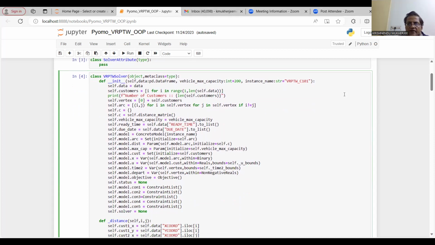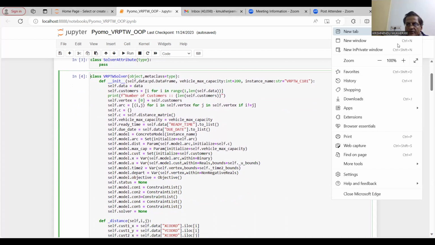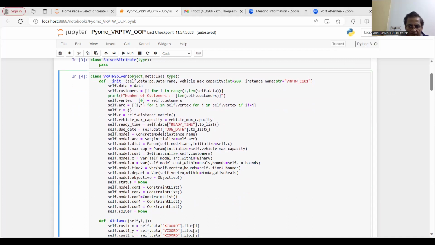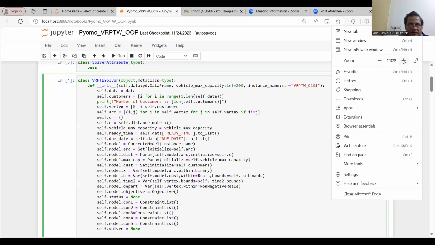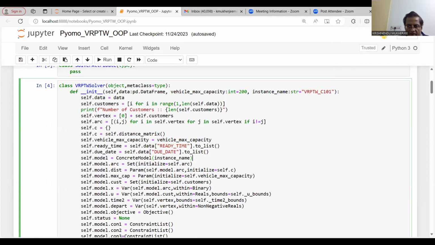I think we need to increase the font size a little bit. Now let me check whether it has been shared or not. Otherwise,